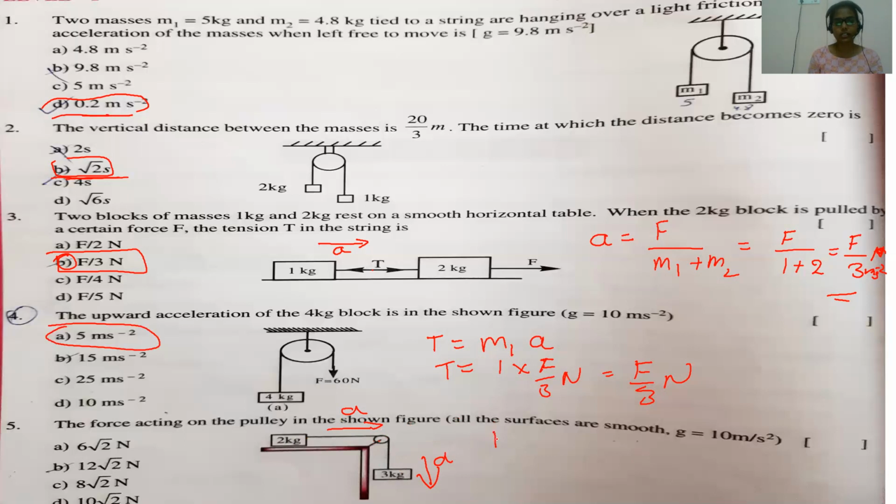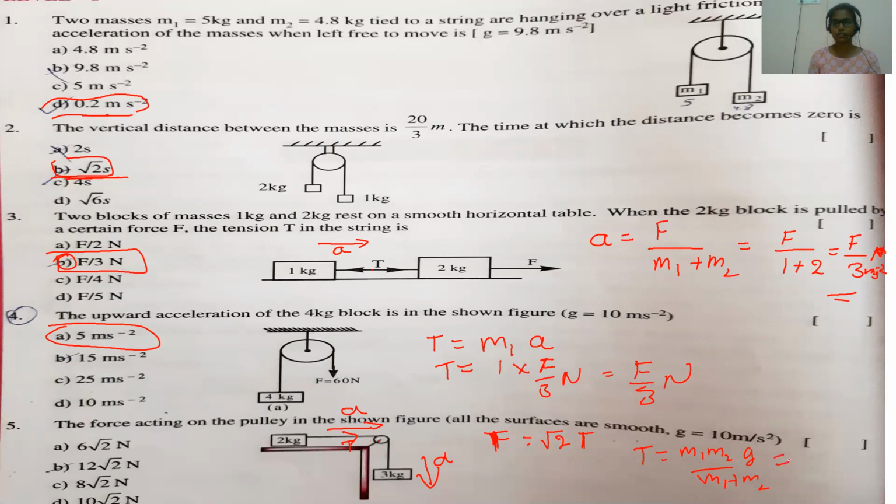So how to calculate tension, children? The force acting or the thrust on the pulley is given by root 2 into force, or root 2 into tension. We can write root 2 of T. But how to calculate this tension in the string? The tension in the string is given by the formula M1 M2 G divided by M1 plus M2. Understood, children? If you want, you just go back and see, I have given these formulas there. Now try to substitute the values, children. You will get the answer.